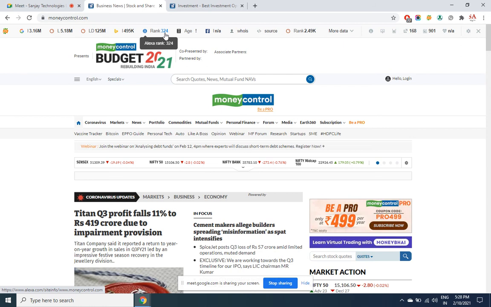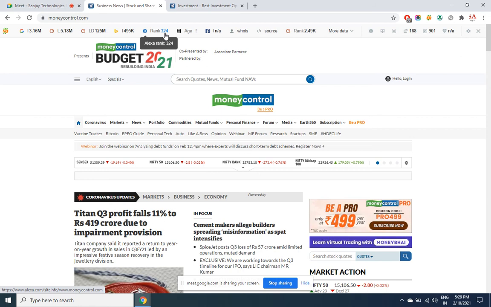Alexa rank is only going to see how many different devices people are visiting your website. Based on that, a rank is given. That is Alexa rank. The lower the Alexa rank number, the more popular the website is. A site whose daily visitors are more than 1 lakh will have an Alexa rank of nearly 1000, 1200, something like that.